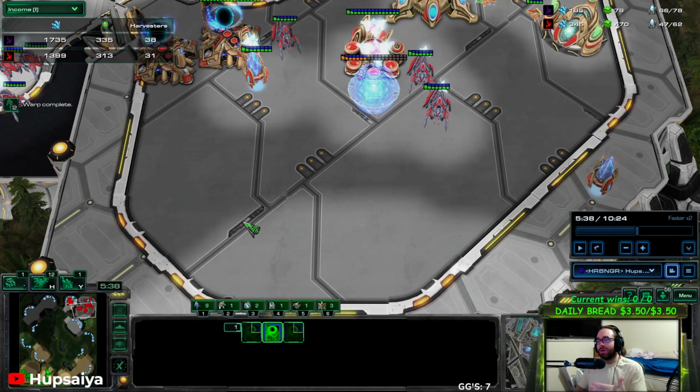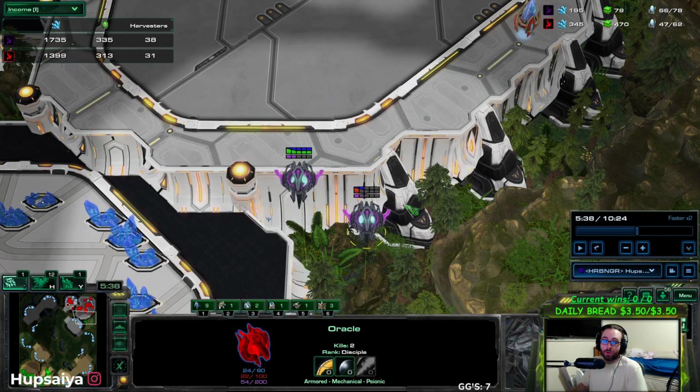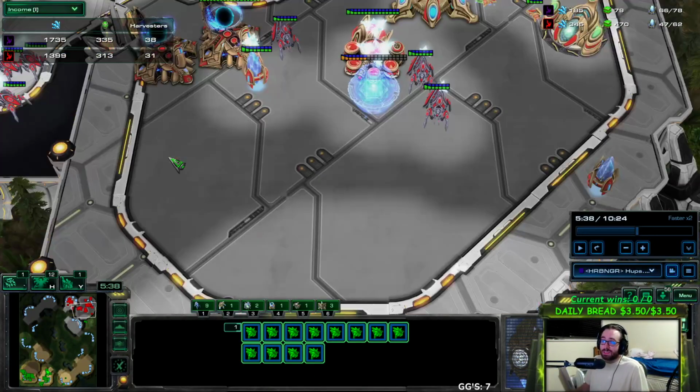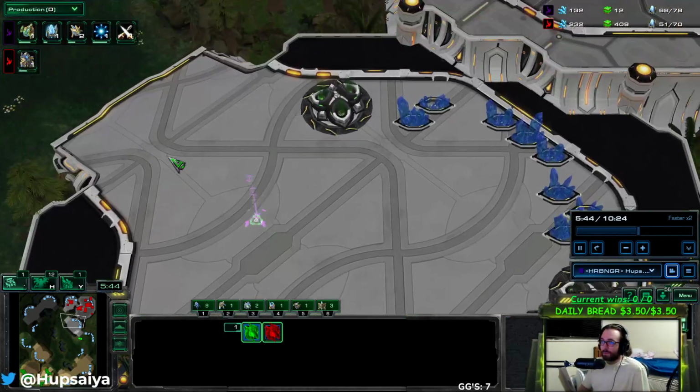Because I know I have an eco lead right now because I got 5 worker kills with my Oracles. I didn't know that I was ahead because of the earlier stuff that happened where he cut workers to make his Nexus, but I know that I'm in a lead, right? So we get our Forge, we get our +1 attack,